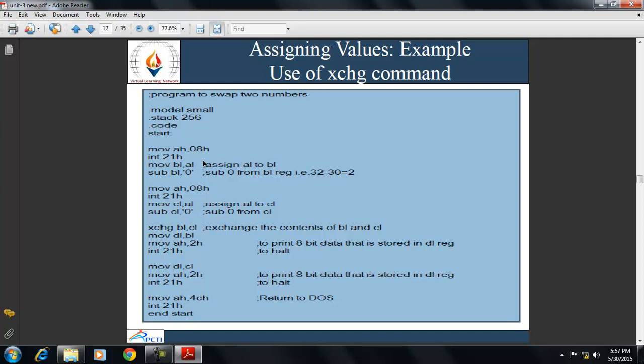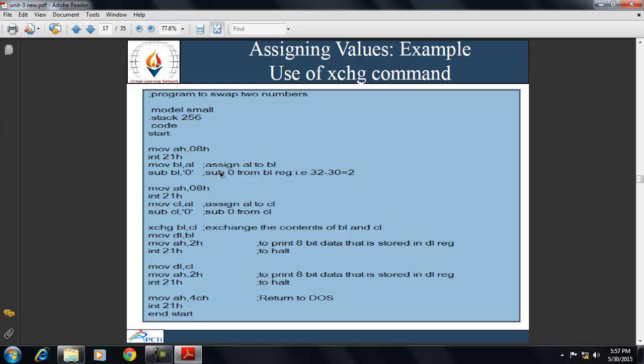Now we take input from the user in the form of a character, and if we take any number from 0 to 9, the numbers 0 to 9 are internally represented by 30 to 39, as we already saw in the case of ASCII codes, where ASCII values of alphabets A to Z are from 65 to 90.